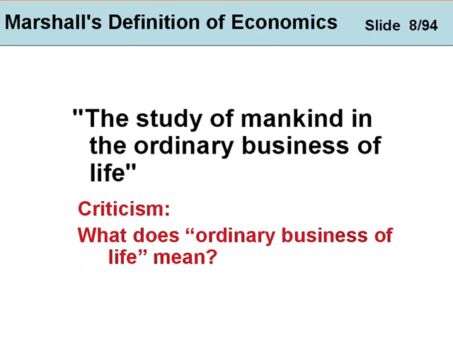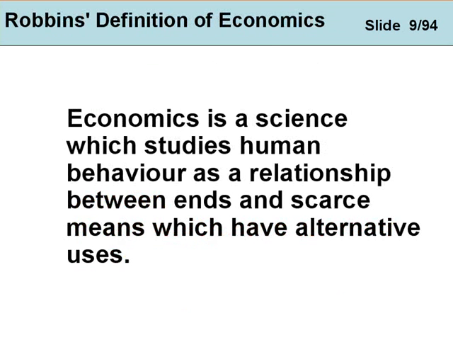I suppose the most popular definition of the subject is a bit more sophisticated and a bit more long-winded, one that you should really come to terms with, and that is Robbins' definition. As you can see, it's a much more extensive definition of the subject. It says economics is a science which studies human behaviour as a relationship between ends and scarce means which have alternative uses. Much more sophisticated than the previous two. In fact, this definition is full of meaningful terms that we should study and understand if we're going to have a better understanding of economics.